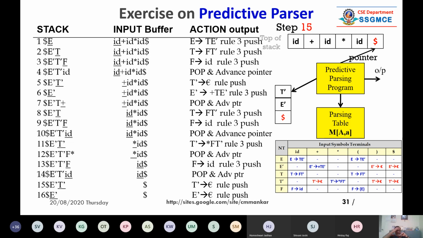When you push epsilon, what does it mean? You do nothing. You just remove the left-hand side non-terminal. You don't do anything because there is an epsilon. So see serial number 15 line. As per the production rule, we are pushing nothing.